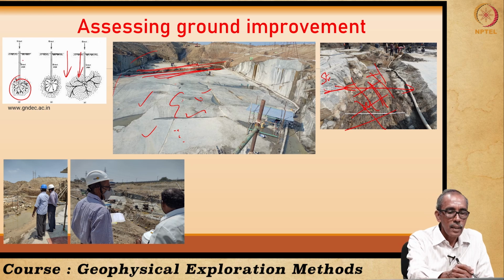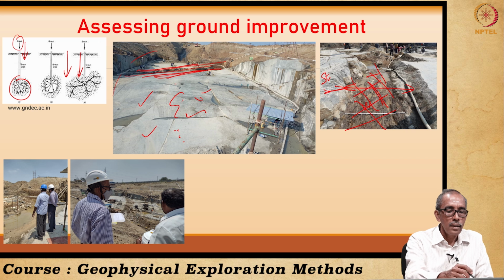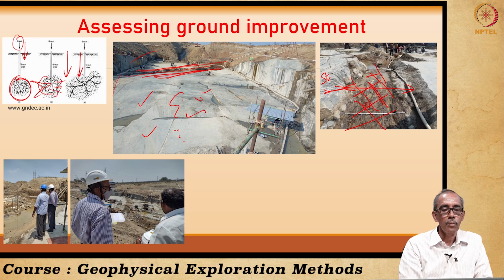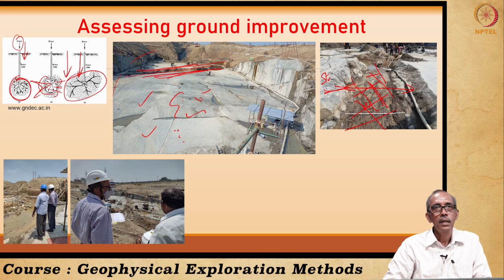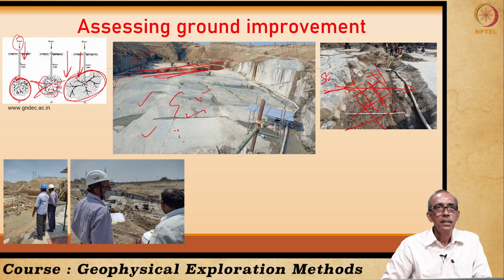As you see in this diagram, ground improvement is done by injecting cement grout through the boreholes, and the grouting which we have injected is forced to enter into the formations from the borehole. And once it consolidates, it improves the ground as you see in the diagram. That means previously we had a lot of weaker zones. The weaker zones are now filled with the grout, which is the cement slurry which we have injected in. So thereby the ground is improved.